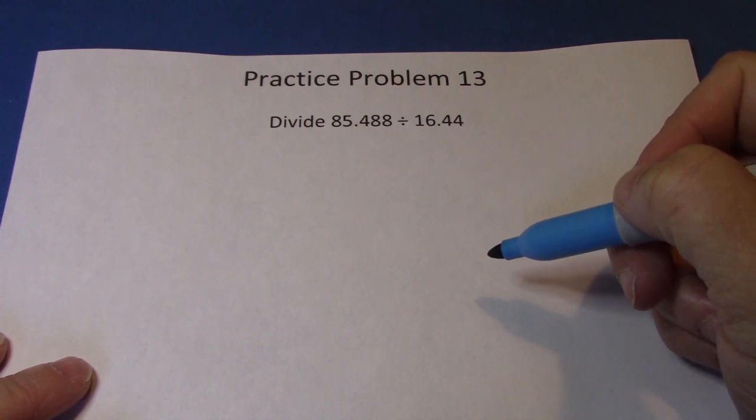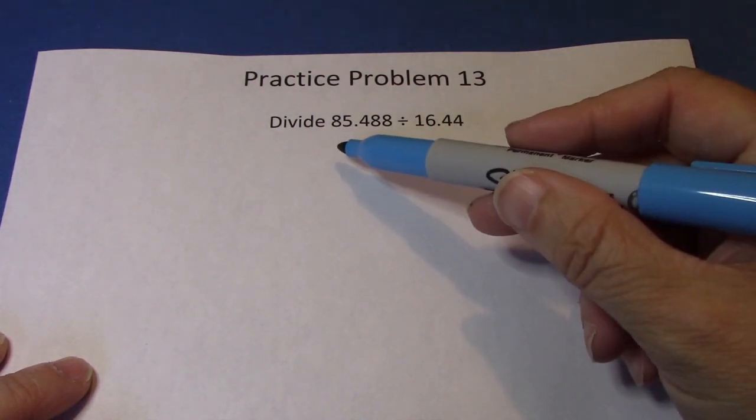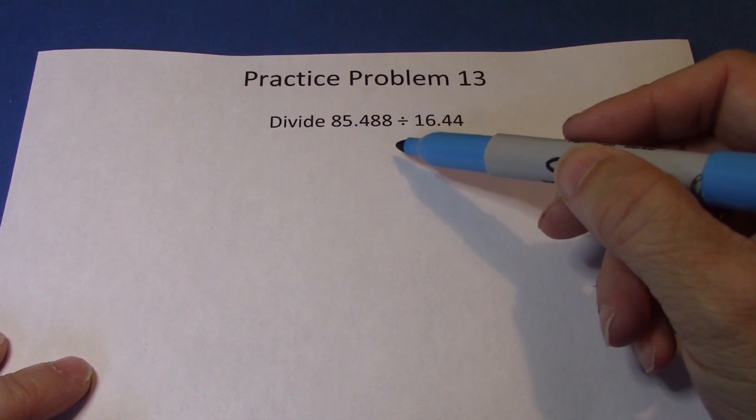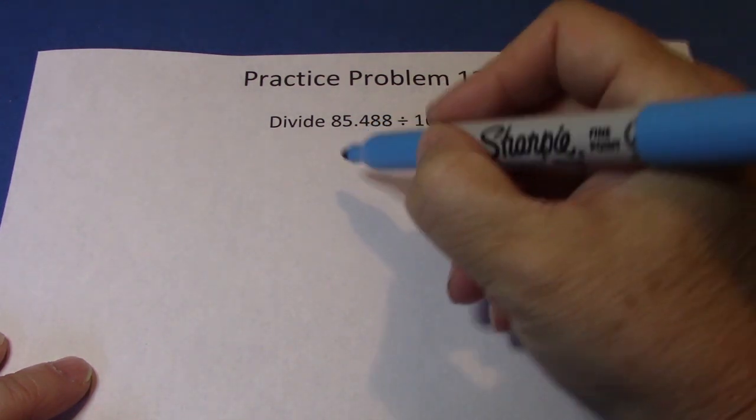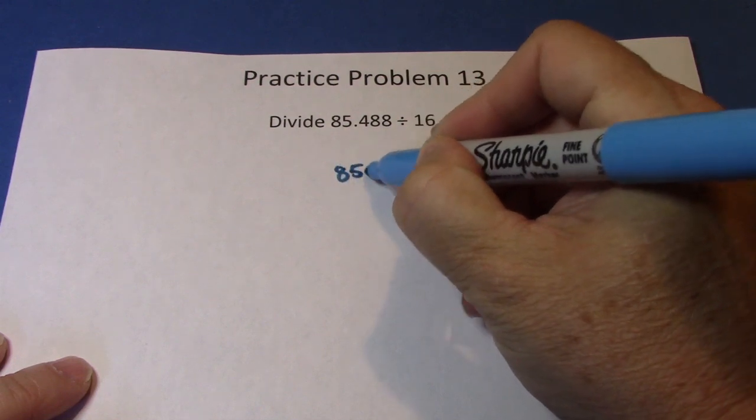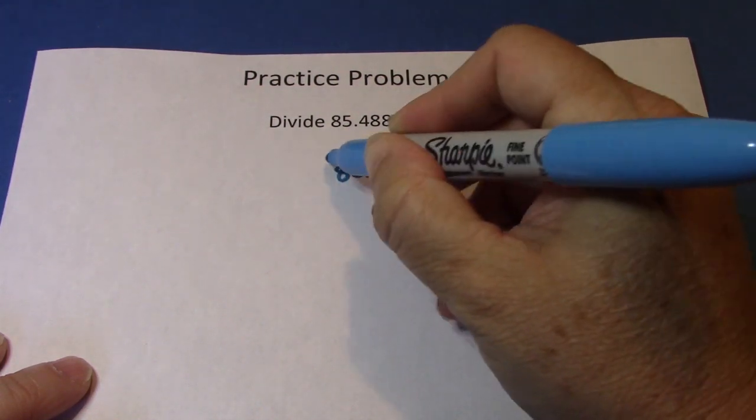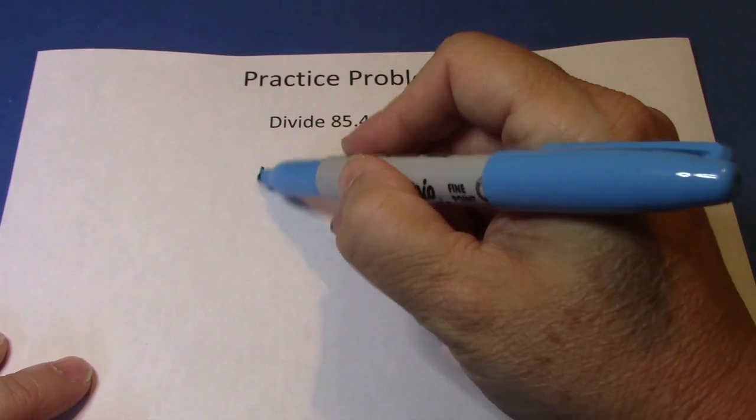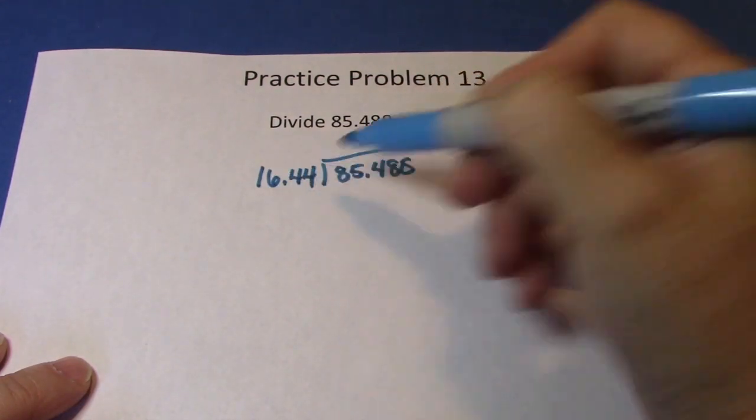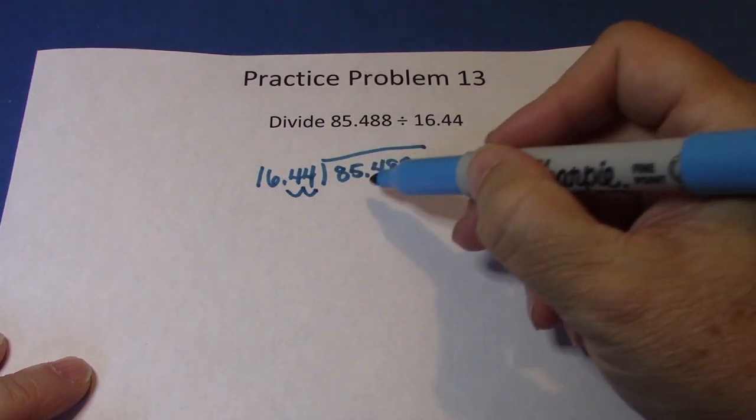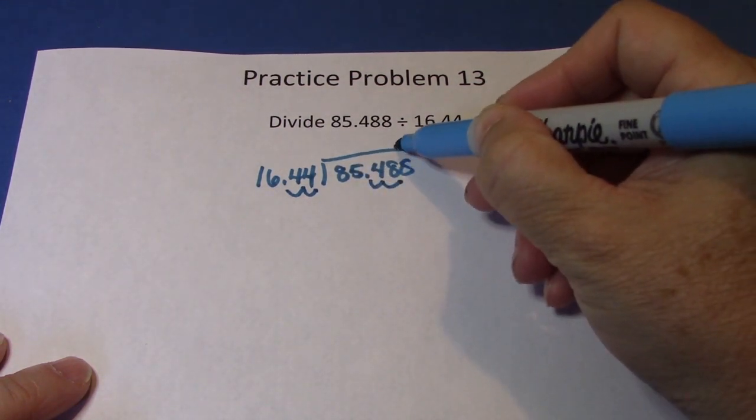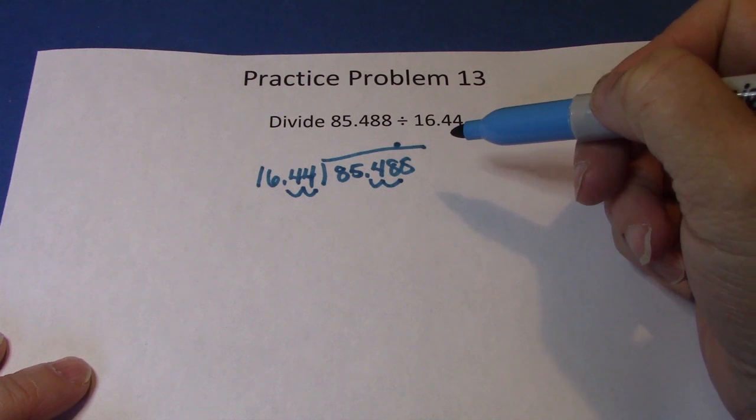Problem 13 is another division problem. We're going to divide 85 and 488 thousandths by 16 and 44 hundredths. The first number goes inside the box. The next one goes by the box. 2 decimal places to move over, so we have to do the same here. Decimal point goes straight up there. All right,